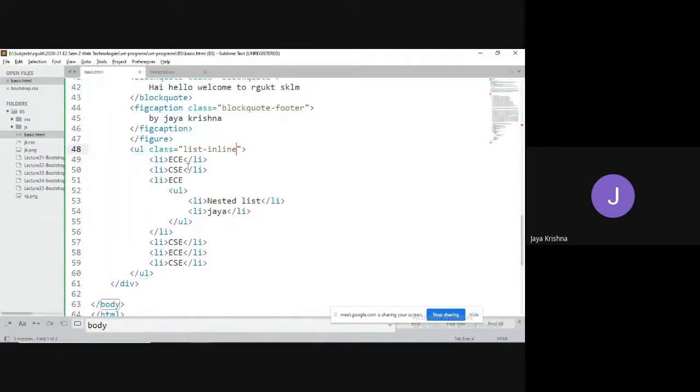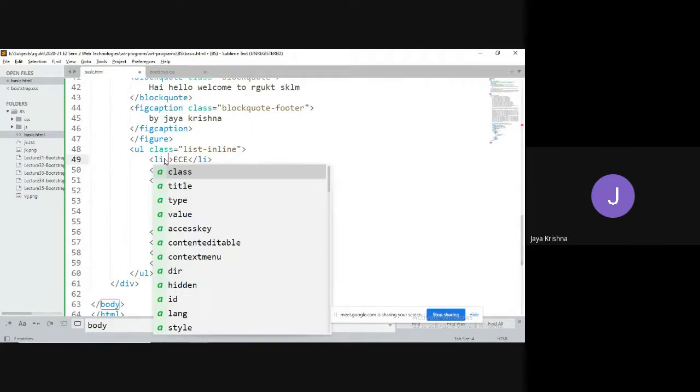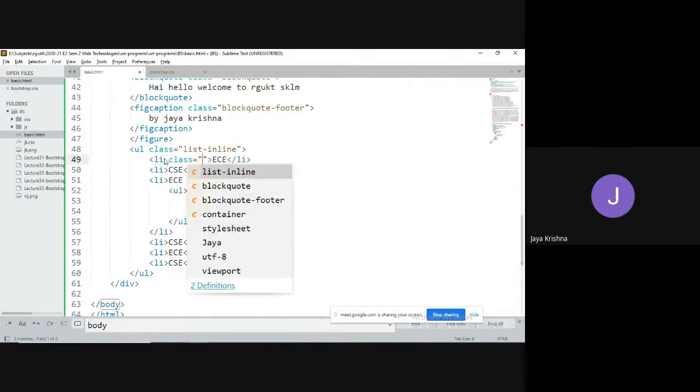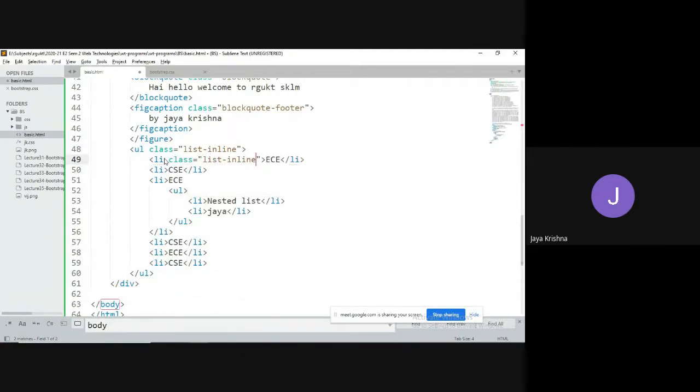And you have to make every item a list-inline-item. Whichever items you would like to convert into an inline format, that's all you have to use.